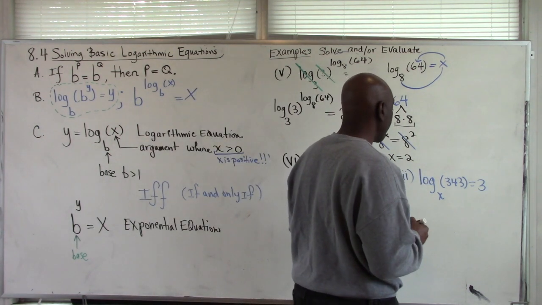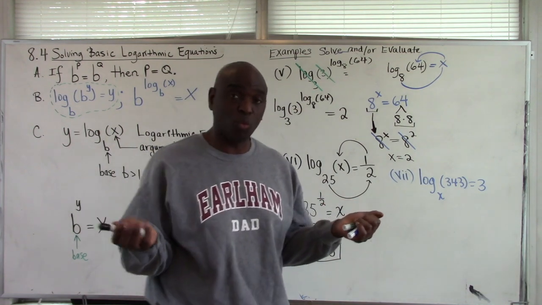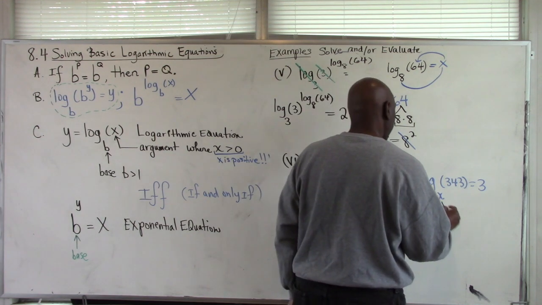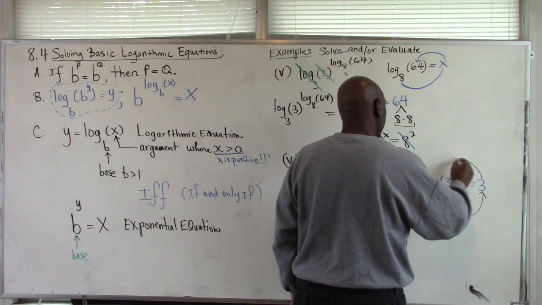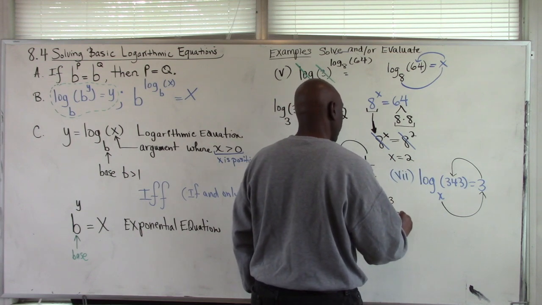What's the x? What's the base? Wheels on the bus. x to the power of 3 equals that. So x cubed equals